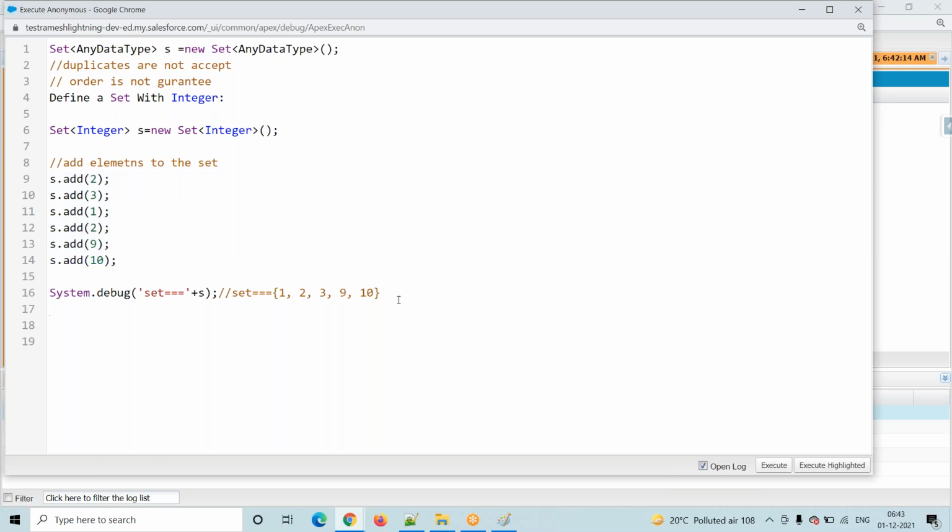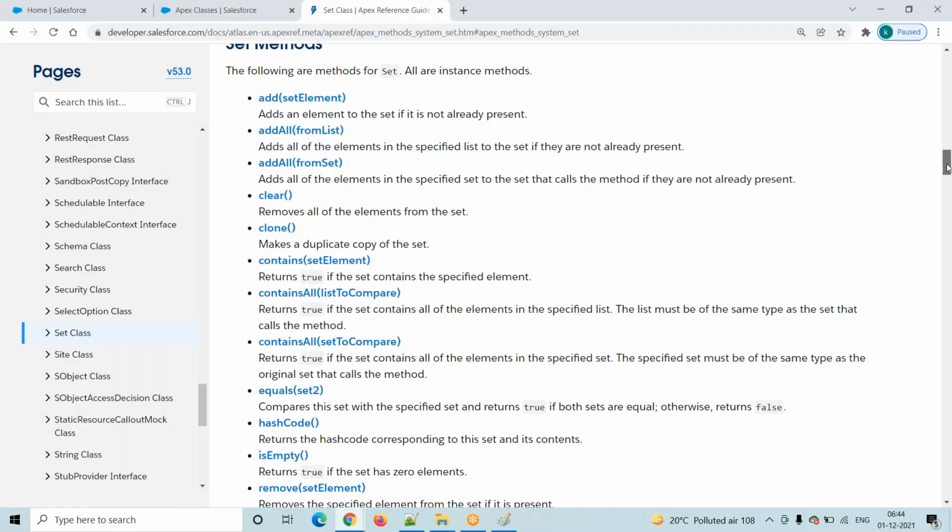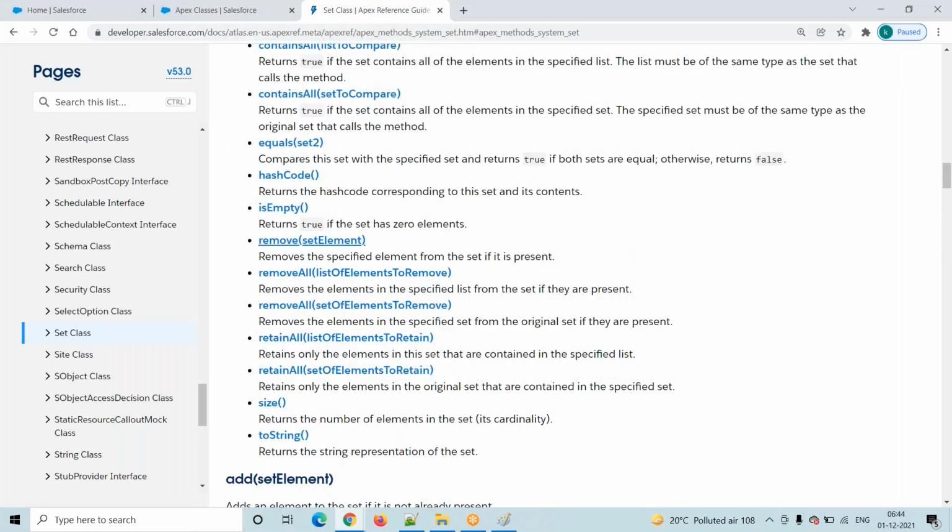Now what are the methods in the set? The same methods whatever we discussed. For example, go to here. See, add is one method, clear is one method, contains is one method, isEmpty is one method, size is one method.